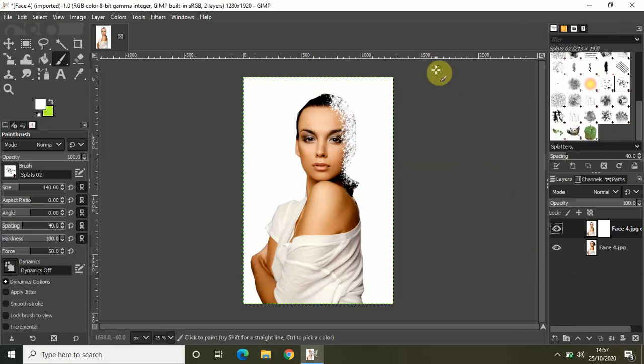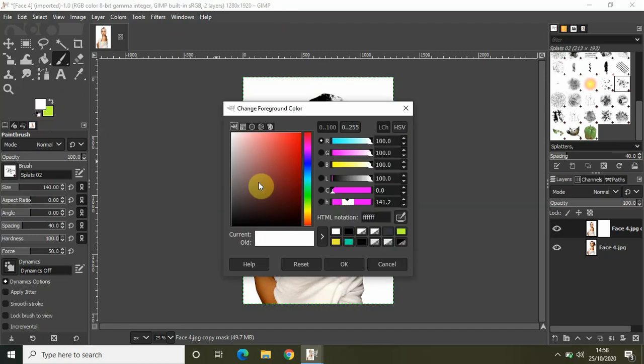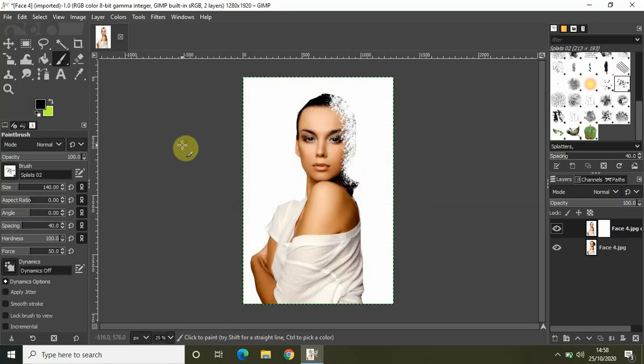Alright, now change the foreground color from white to black, and raise the size of my paintbrush from 140 to somewhere around 300. Alright, 300, and now gently apply the paintbrush tool.